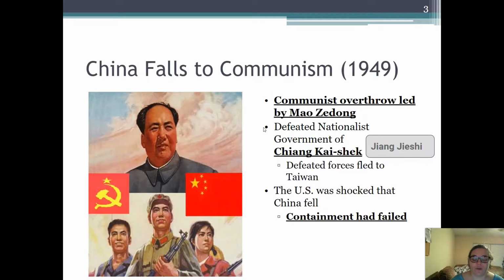And we fight for a while to get the United Nations to accept Chiang Kai-shek's Taiwanese government as the real Chinese government, because China is one of the permanent members of that UN Security Council. And there's already one communist government on it. We don't want another one. The United Nations actually does not agree with this. The United Nations accepts the communist Chinese government as the real Chinese government.